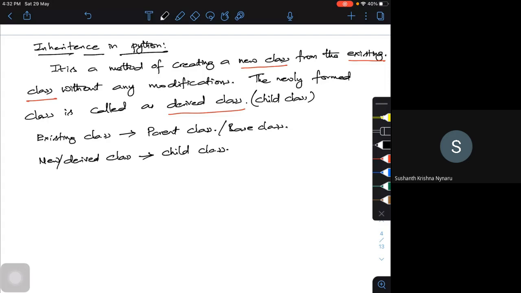Now why do we use this actually? What is the advantage of having inheritance? Can anyone tell me why inheritance is required? To avoid repeating the same code for different functions. Super, fine. That's good actually.